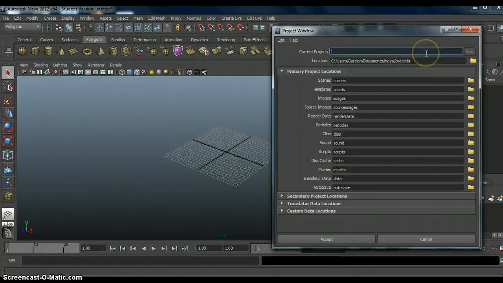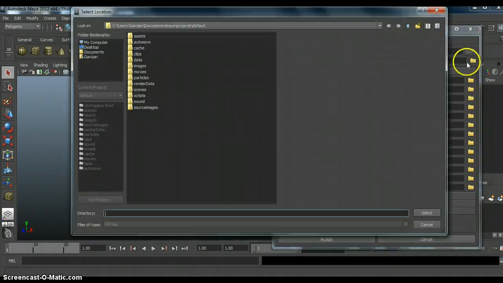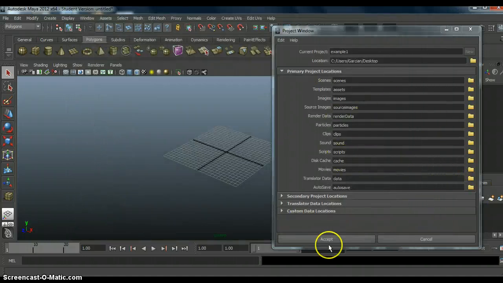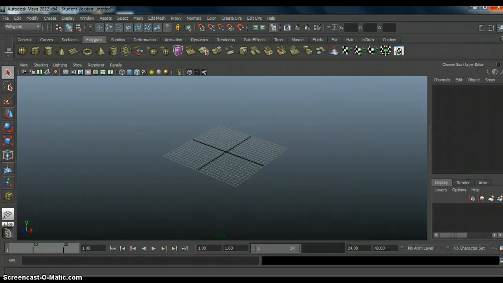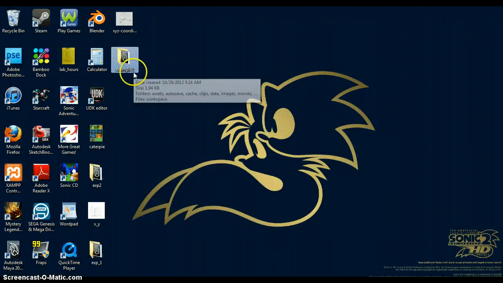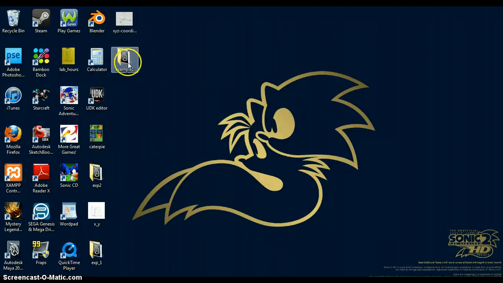I will name my current project example 1, and currently it is set to go into my documents, but for this tutorial I will have it set for the desktop. Now I will hit accept, and we will see that Maya has placed the folder onto my desktop. Moving back to Maya,